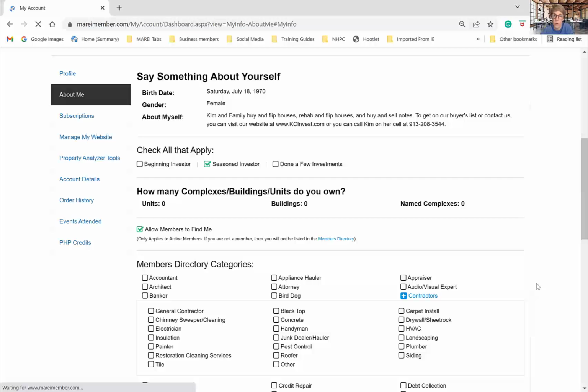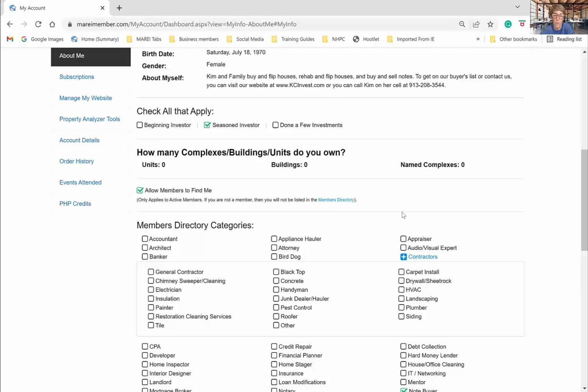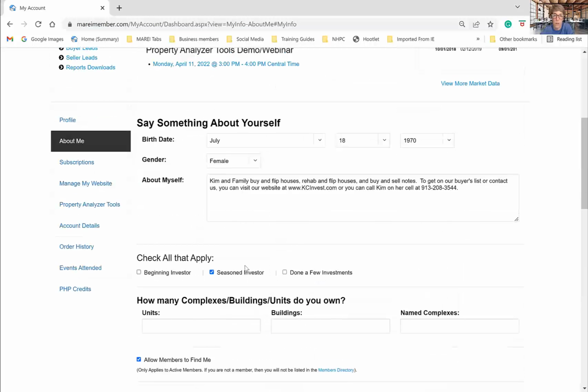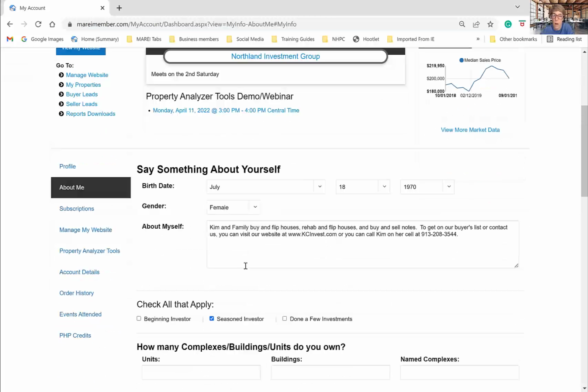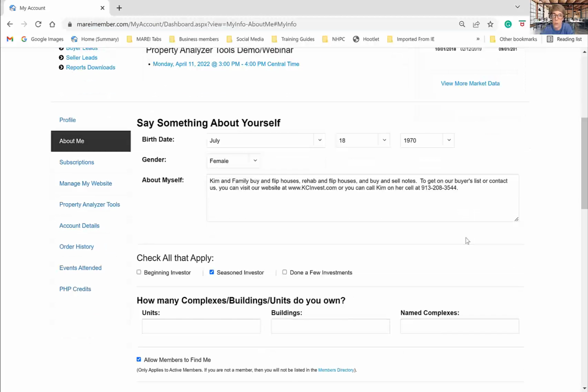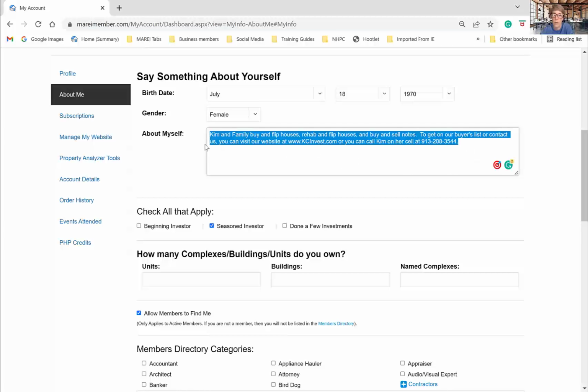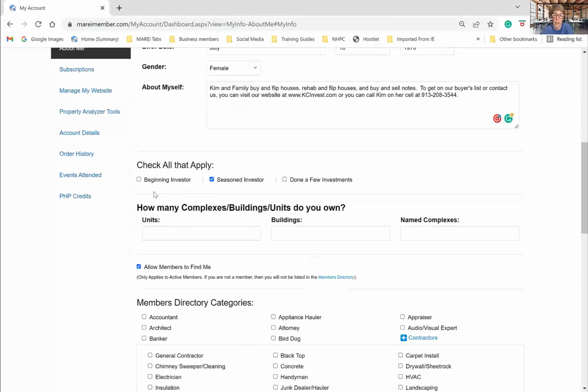That gets you to your profile that makes you searchable on the member database. So if you want to edit anything on here, you can click edit, and then you can come up here. If you want to make sure that the about you has your phone number in it, you can add it, but otherwise they can't find your phone number. So if you want your phone number to appear in the member profile section, I believe you need to put it in here. You can say whether you're a beginning investor, seasoned investor, you've done a few investments, how many